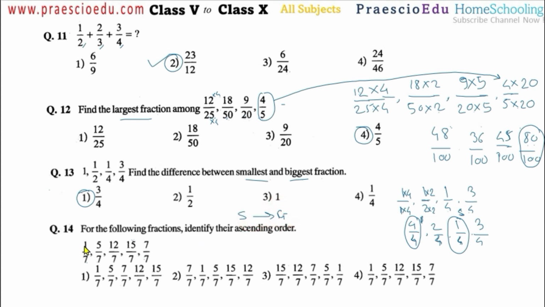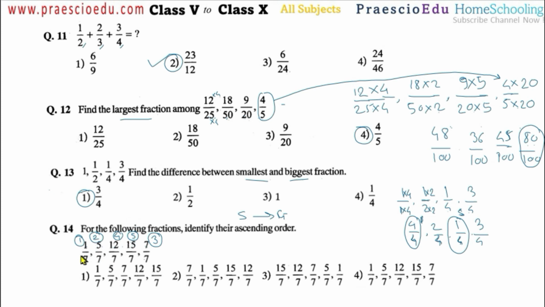So which is smaller, we will just make the numbering. Okay, so 1 2 3 4 5, there are 5 fractions, so we will make the numbering from 1 to 5. So this one is the smaller, so this is the first. After this one, which is the number in between, 5 is the smaller, so this is number 2 in the ascending order. After this one, 12, 15 and 7, which is the smaller? 7 is the smaller fraction, so this is number 3 in the ascending order. After this one, 12 means 4, and 15 is the bigger, so this is the 5.